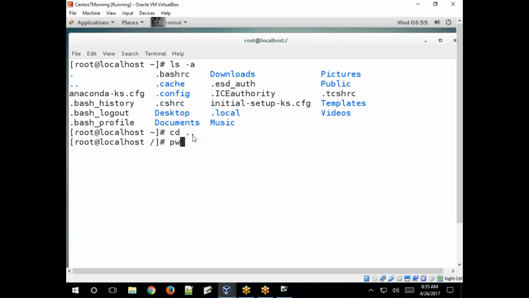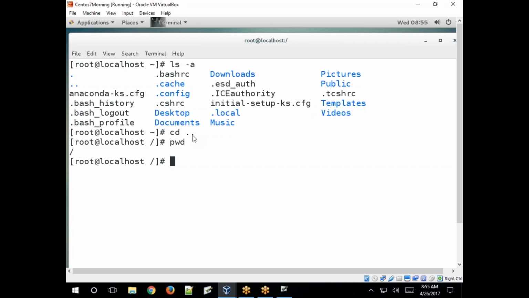It shows the present working directory path, the absolute path. We'll see what path, absolute path and relative path are later. Clear?